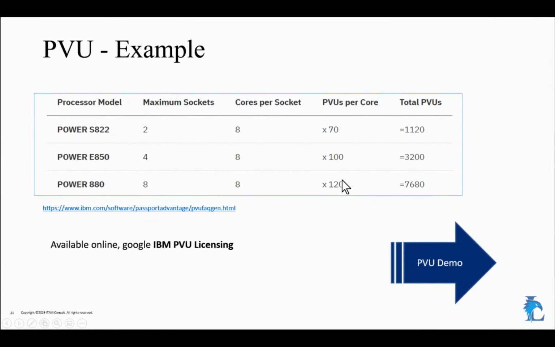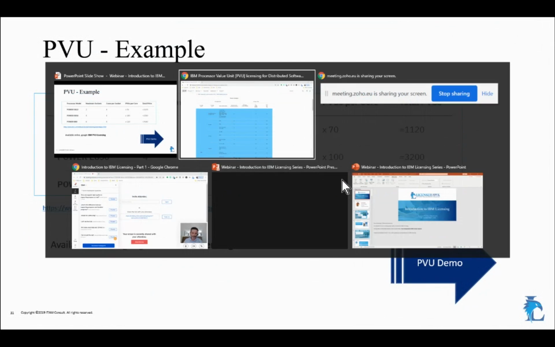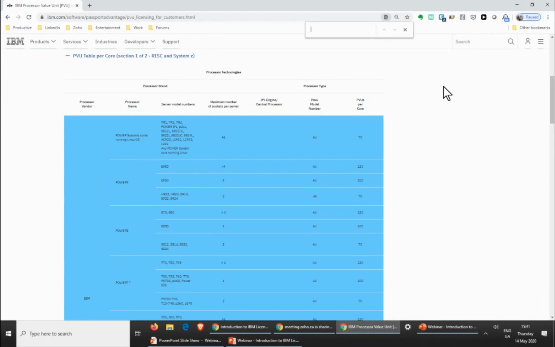We had the Power S822, and when you put that in, the 822 is one of the first ones. You can see, there we go. It's part of these server models. Number of sockets, we have no limits here. And we can see across from it, 70 PVU. If I had gone for the